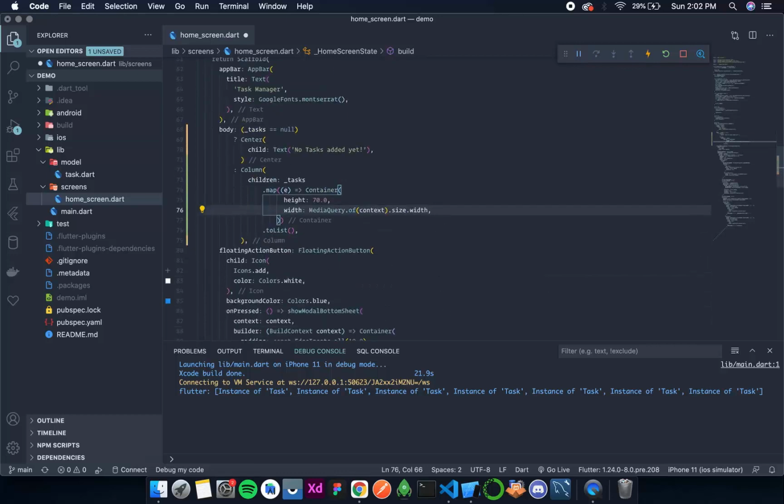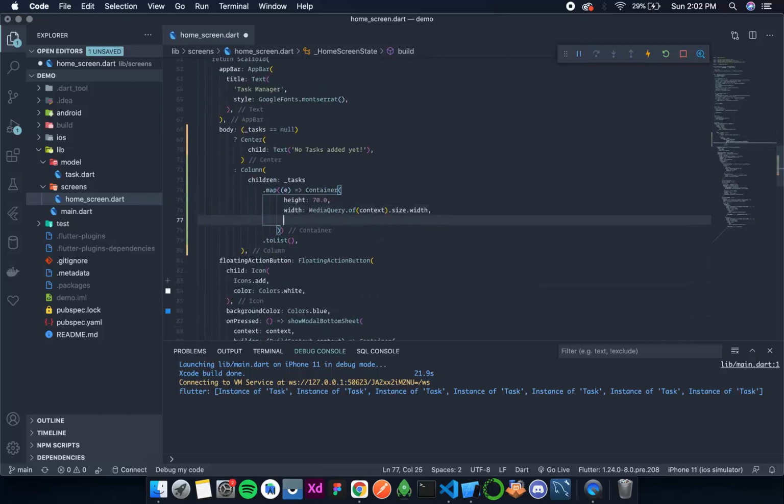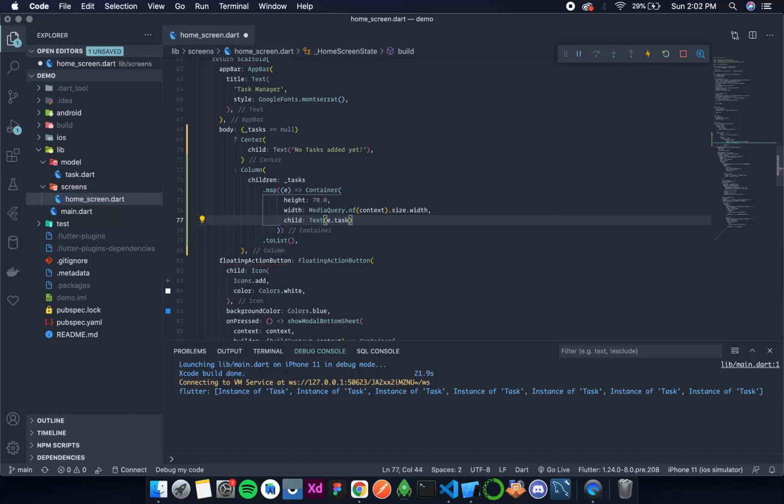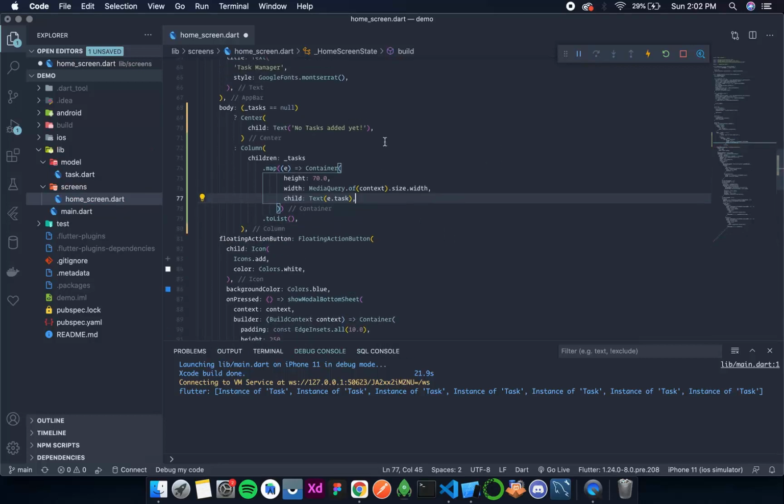Now inside it will have a child, and the child will be a row, or for now just let it simply be the text, and the text is e dot task. Now let's format this, save this, and see how it appears.